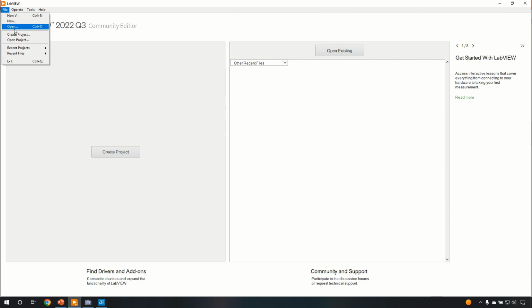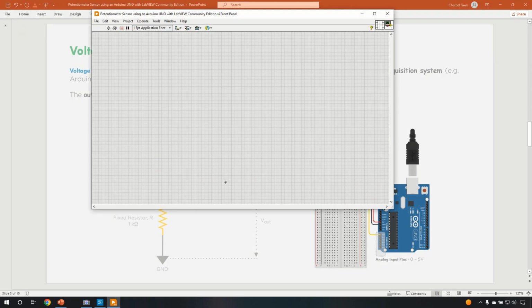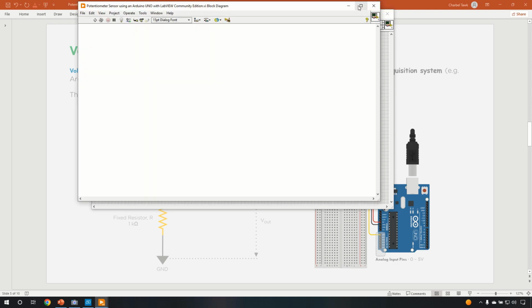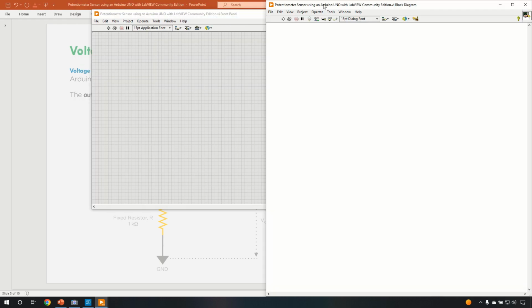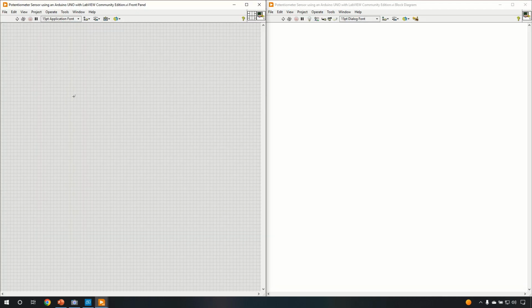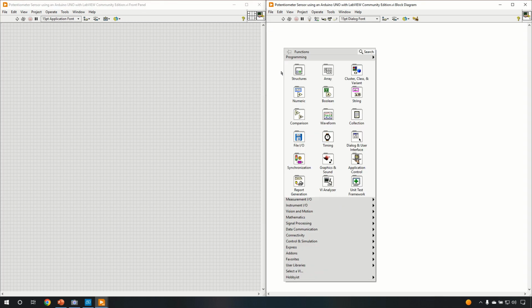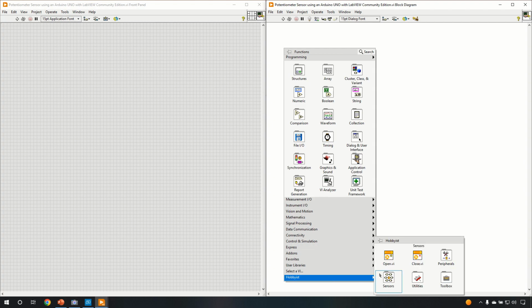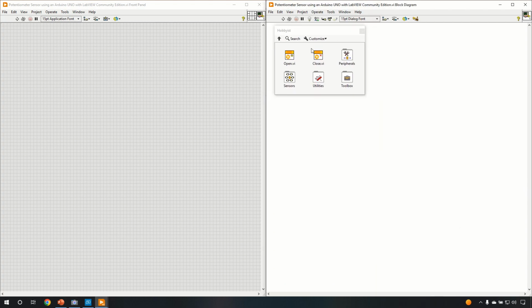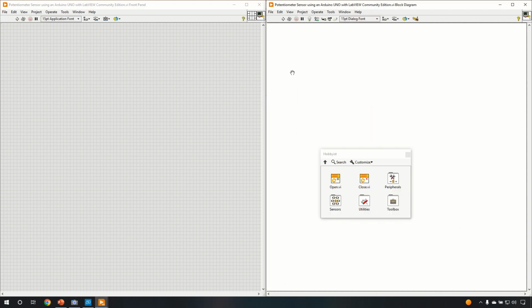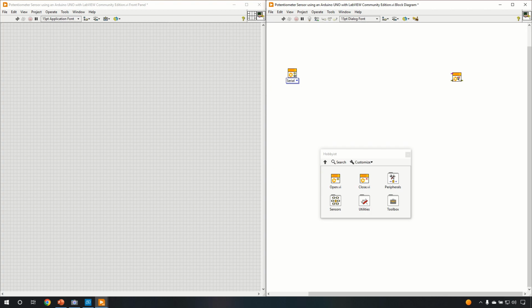So we can just go to File, Open. For you, you will need to create a new LabVIEW file or VI. And let us place our block diagram on one side and our front panel on the other side. So as usual, what we need to do, we need to go to Hobbyist or Maker Hub in some cases. We need to open the connection to the Arduino, close the connection, and if we go right here to Peripherals,